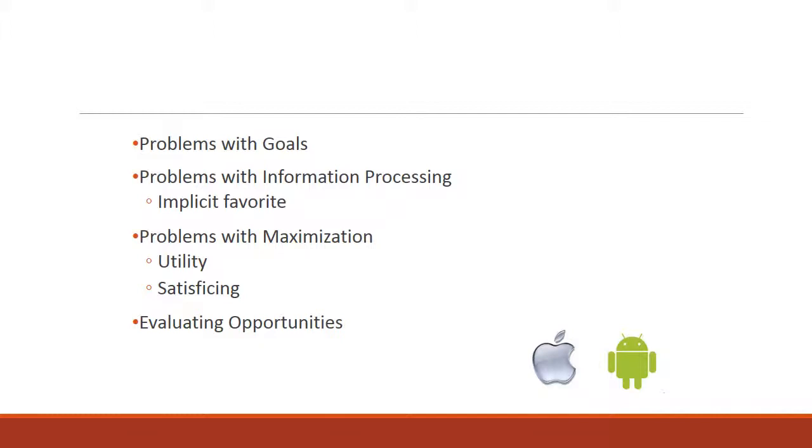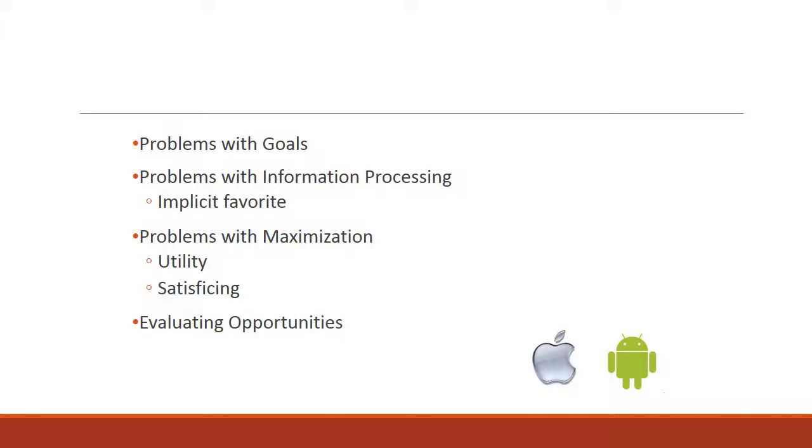Another related problem is that decision makers usually evaluate alternatives sequentially rather than all at the same time. As a new alternative is presented, it is immediately compared to an implicit favorite or preferred alternative that the decision maker uses repeatedly as a comparison with other choices. People usually distort information to favor their implicit favorite over the alternative choice in a decision,